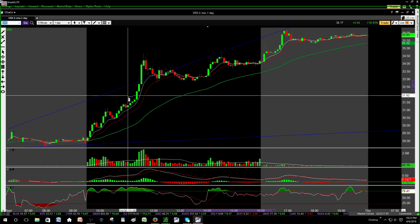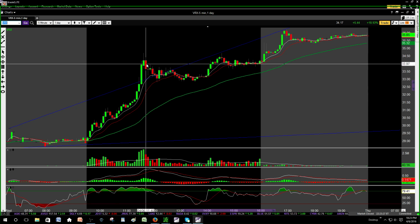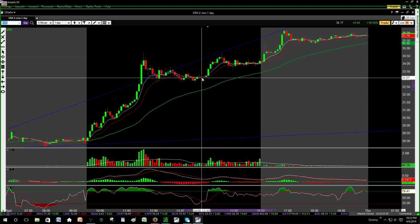And if you're here to analyze formations and get to know every single one of them by their first name, that's on you. I'm not here for that. I'll tell you, this chart's flagging here. There's your point, there's your breakout, there's your stop, and that's it. And if I call it the wrong thing at the end of the day, does it matter if you made money or not? We're not here to really pinpoint every single thing, and there's probably 1,000 different wordings for these things that I say. But